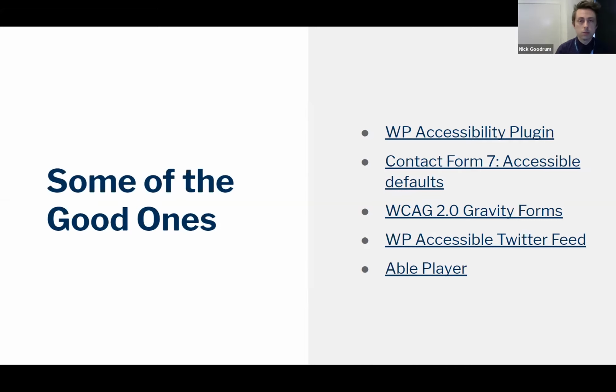Of course, there are accessible Twitter feeds. This is also a lot of stuff that's in the handbook as well. So if you want to know some good starting points, here it is. For video players, there's also Able Player as a plugin. Able Player is a really nice one that gives a lot of options for different kinds of disabilities. Now, of course, you have to make sure your content is also available that way.